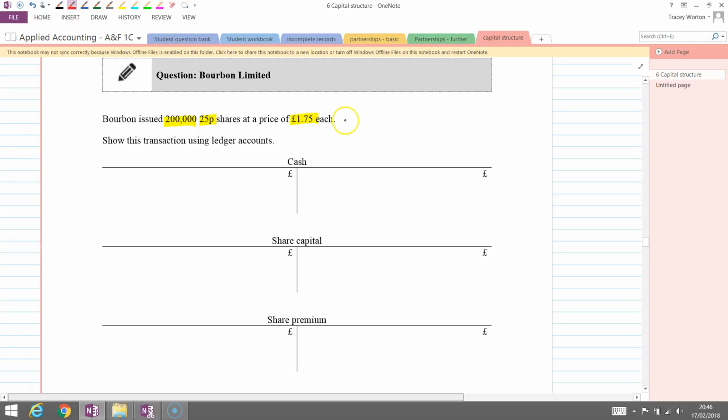So of that £1.75, 25p will go to the share capital account per share, and the remaining £1.50 will go to the share premium account as being the premium above the nominal value or the face value. So in terms of our cash then, so cash received in terms of share capital, share premium will be